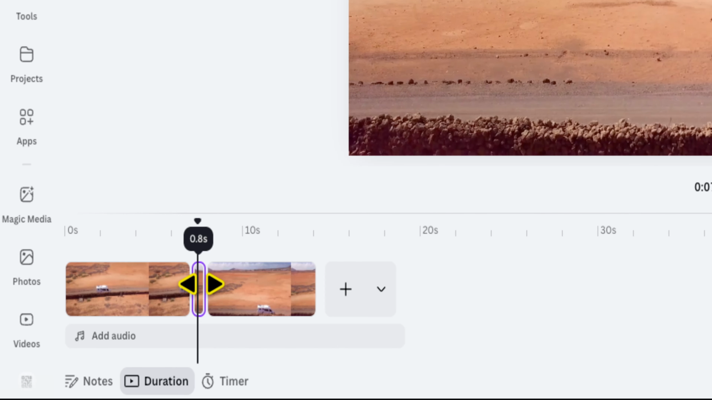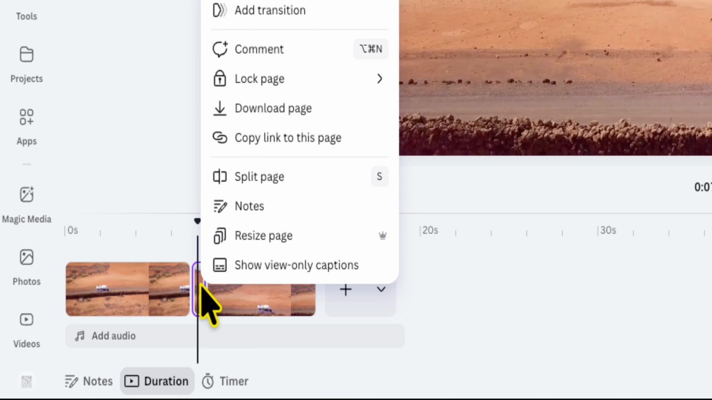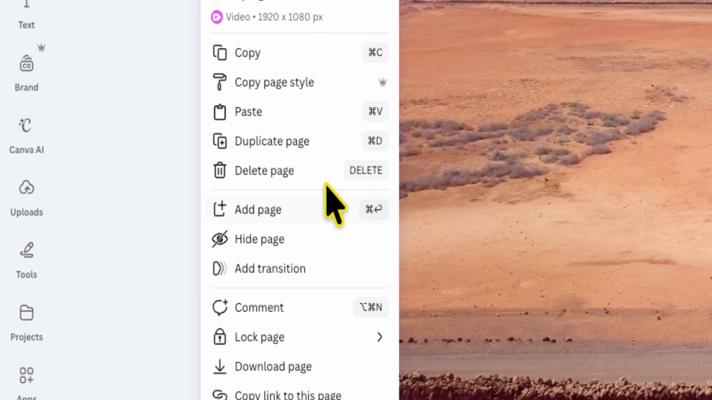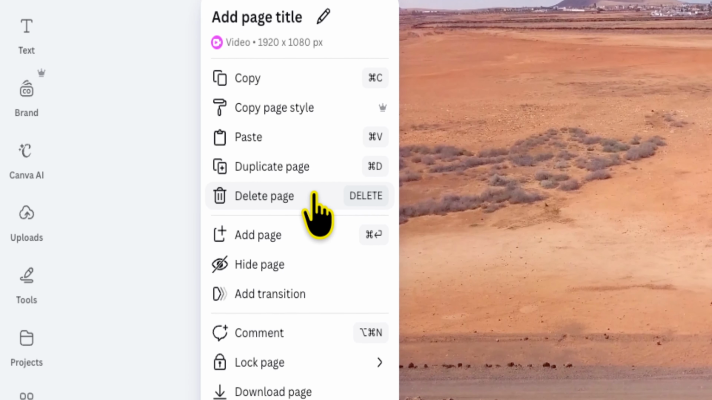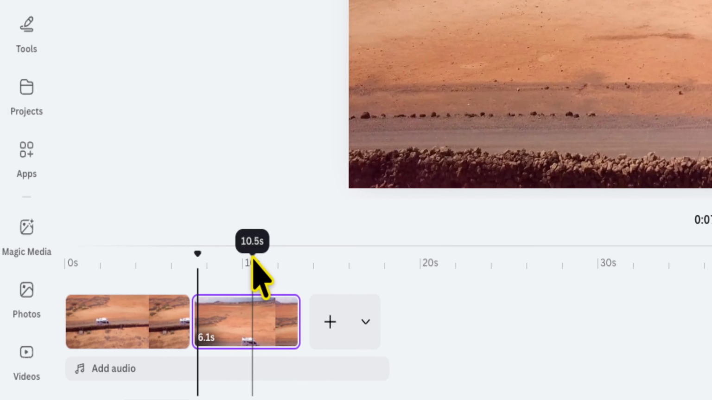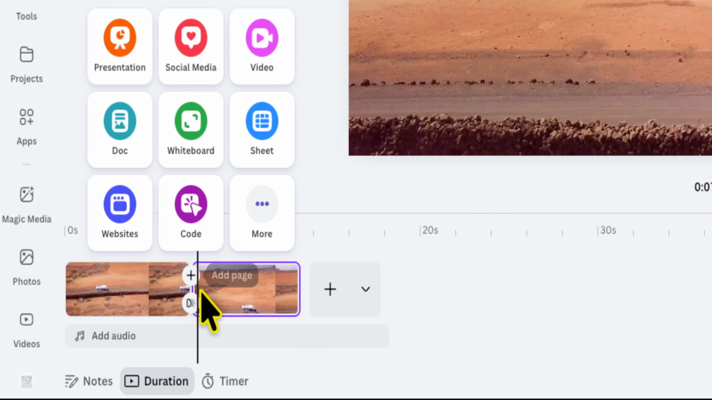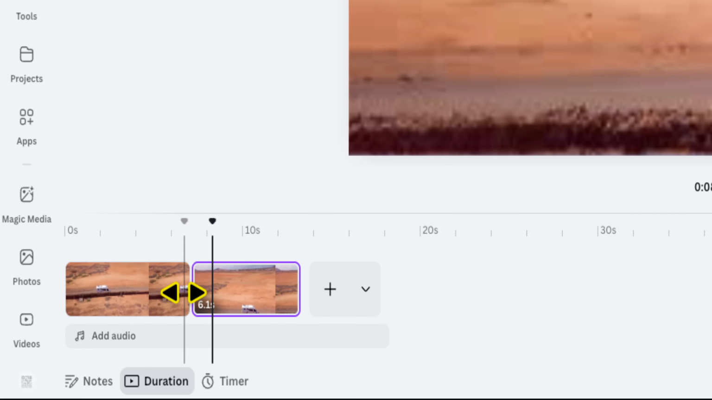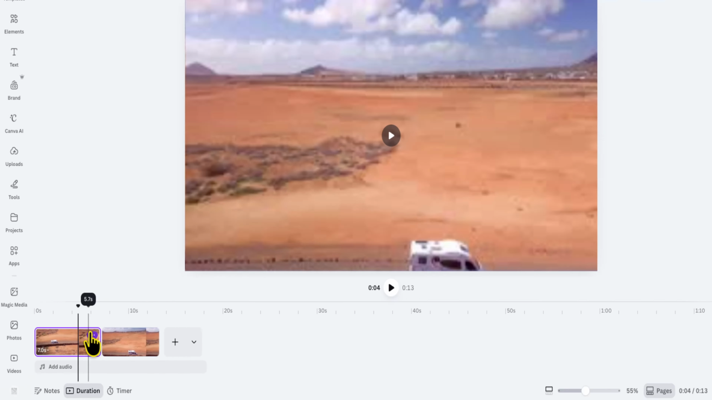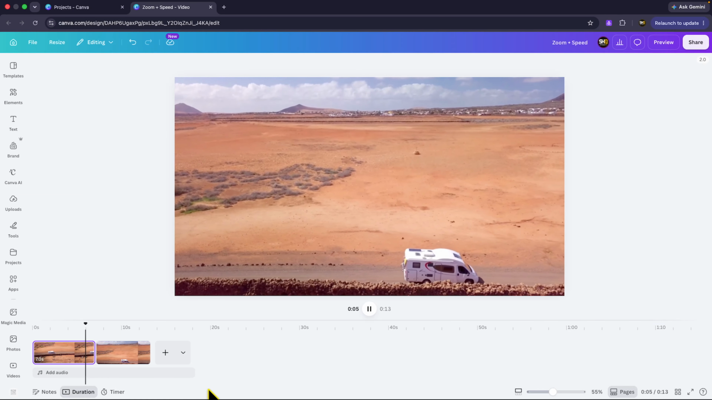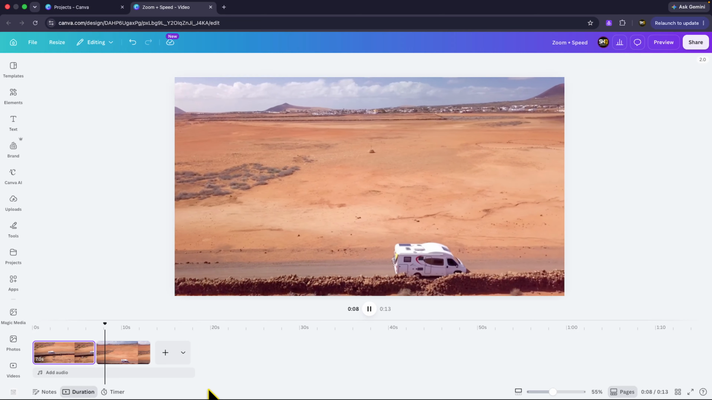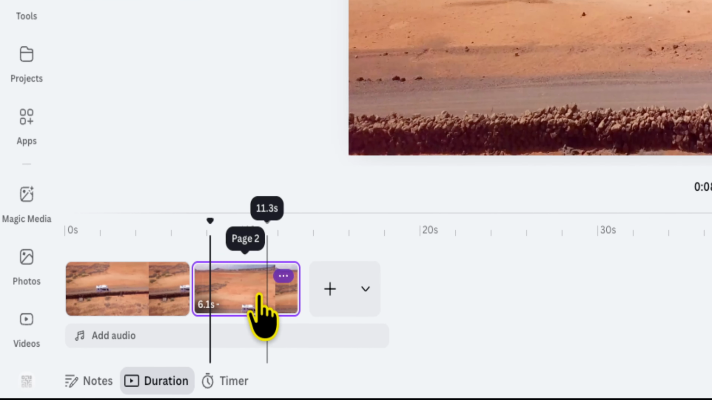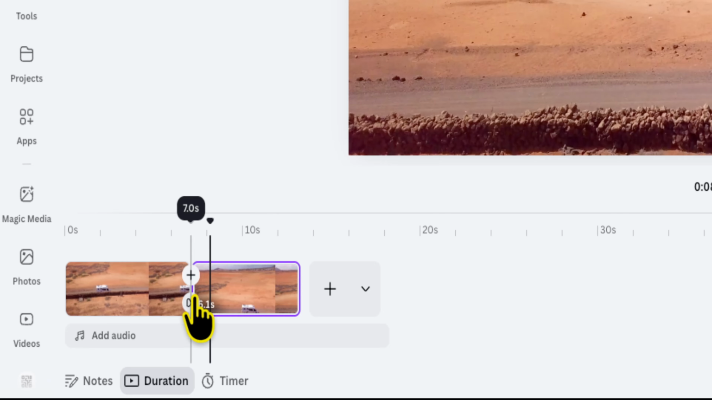So from here, you simply just want to right click the isolated section of the video again and click on delete page. So now it's completely gone, and you can just make sure that the video is smooth and it's been cut. If you don't think that the video looks smooth, come down to the timeline, hover between the two